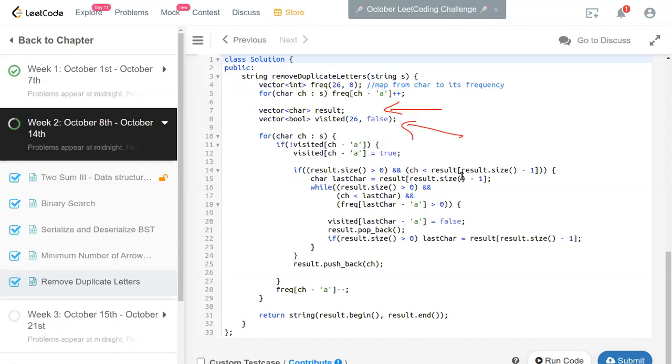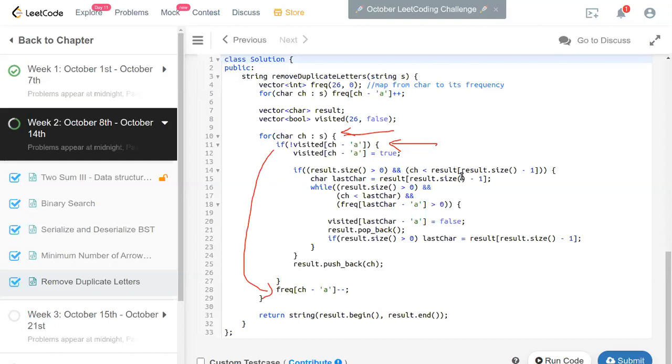Earlier, if it is already there, I'm not going to use that again. I'm going to skip it. So that's the reason. Now for each character I process, if it is not included, then only am I going to consider it. Otherwise, this loop is going to skip. If it is already visited, I'm going to directly come down to this part and then decrease the frequency.